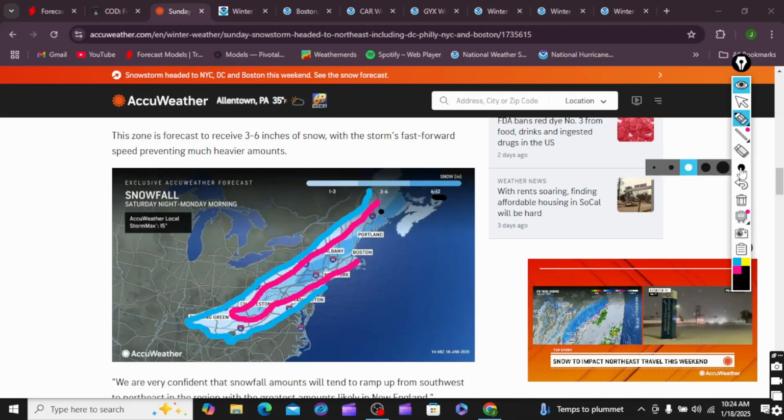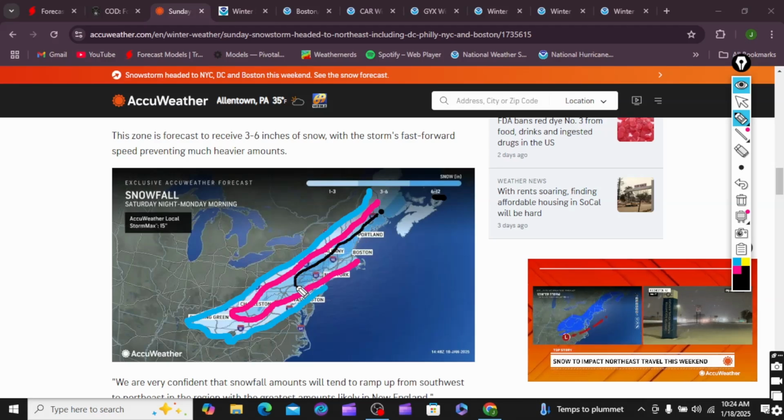Let's actually make it smaller. This is for that black region right through here. Sorry that my pen is a little bit big, but there it is. That's for the black, so that's for the 6 to 12 inches. Locally, even higher amounts, like 15 inches.